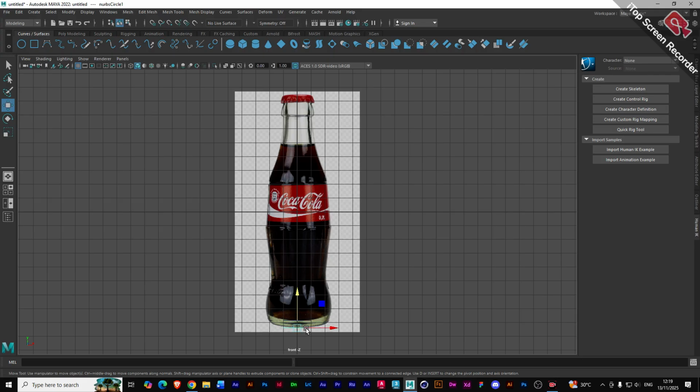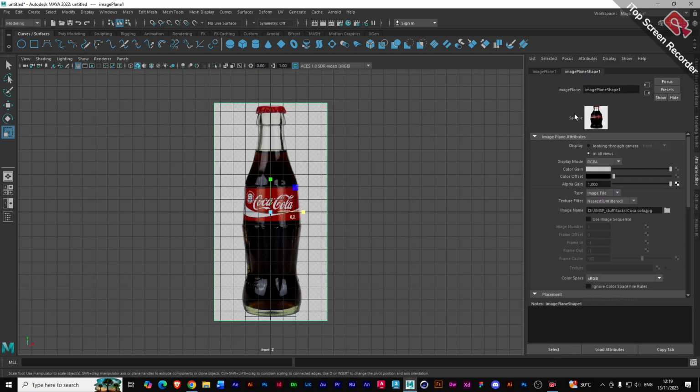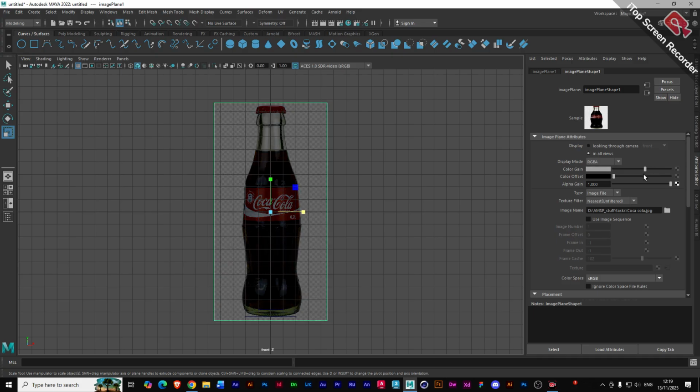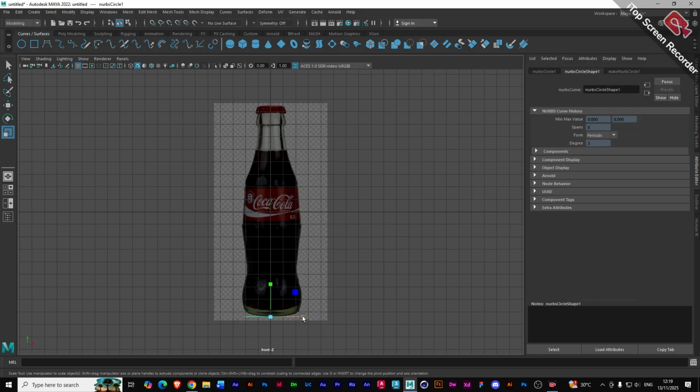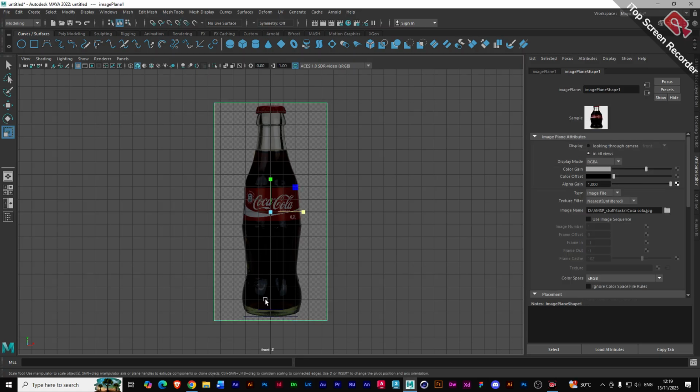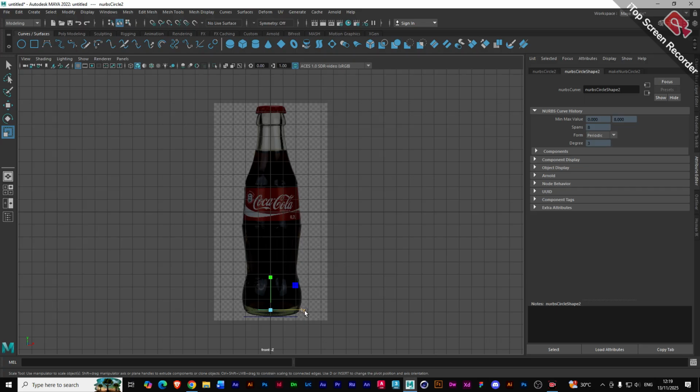Let me scale the circle out, and let me reduce the opacity of this guy. The way the loft works, since it requires multiple shapes,